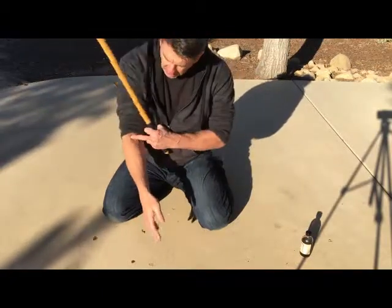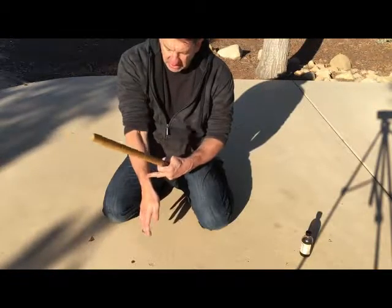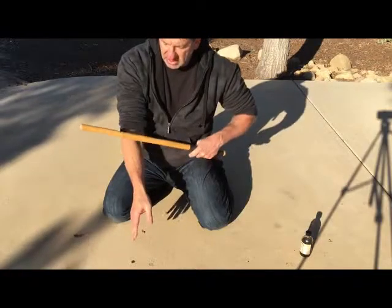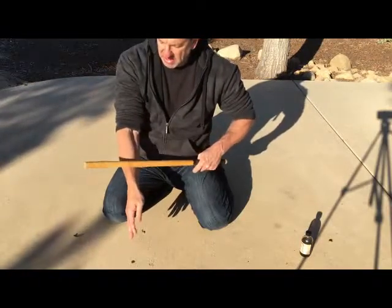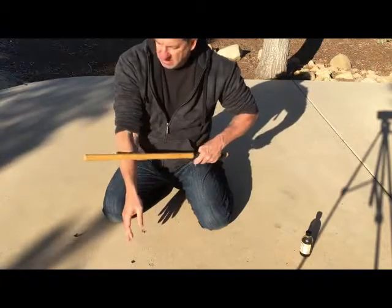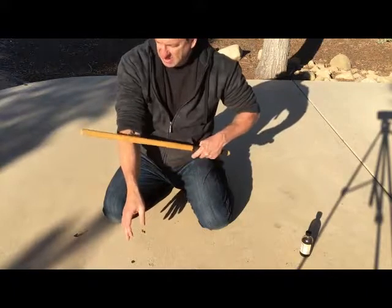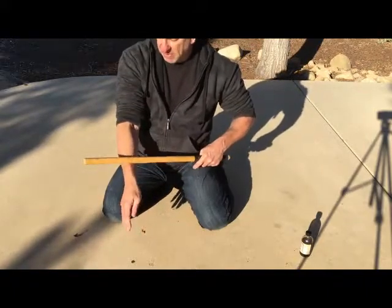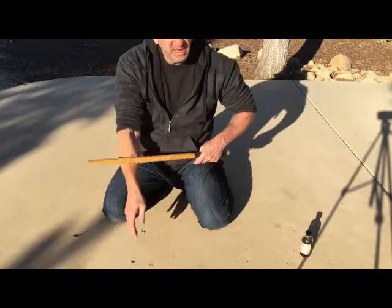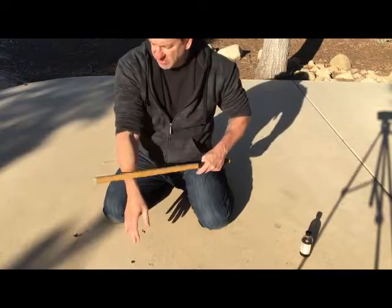I'm going to go along the radial bone from the crease here to just above the bone here. I don't want to hit that bone either, because that sends electric shock through the forearm. And I'm just tapping. You can see it's not really intense, but it's enough that I really feel it. And I'm going to go back and forth about 20 times. I would suggest starting with about 10 times. I'm going to actually not do all of them here because I want to get through this video fairly quickly